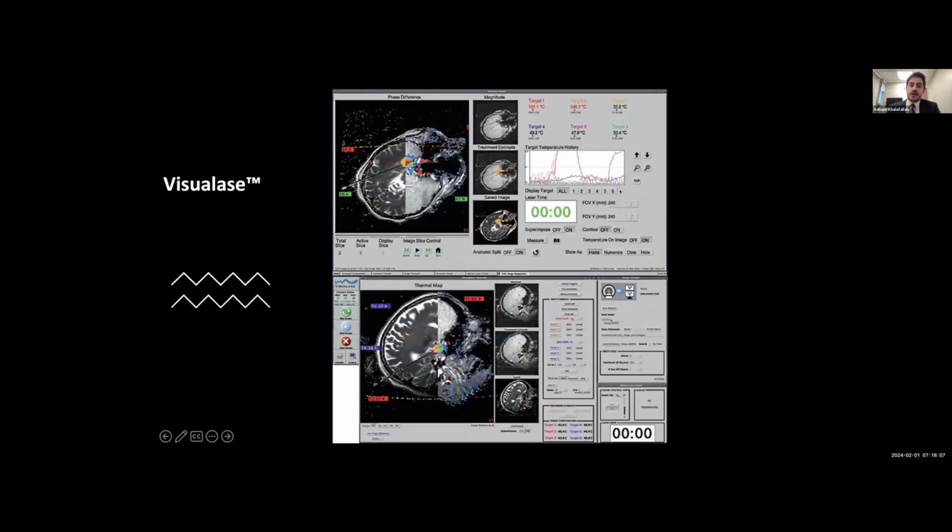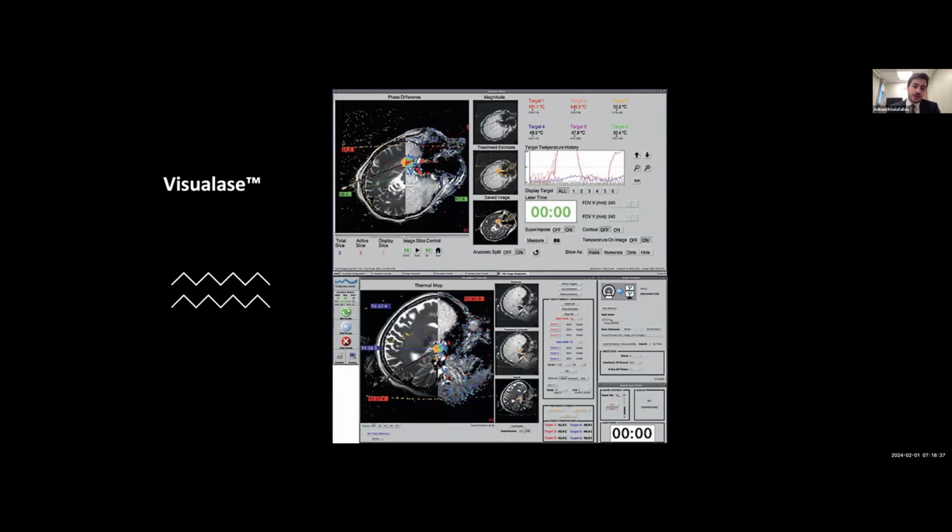And this is the interface of the Visualase. So this is what you see outside of the MRI while you're sitting there. And there are different screens, as you can see here. So we have two different cuts on our screen that we'd be looking at. There are different targets that you assign on the brain tissue. So you have the higher threshold and the lower threshold temperature. Basically, your lower threshold temperature are parts that you're trying to protect. You're making sure that the temperature does not go over a certain